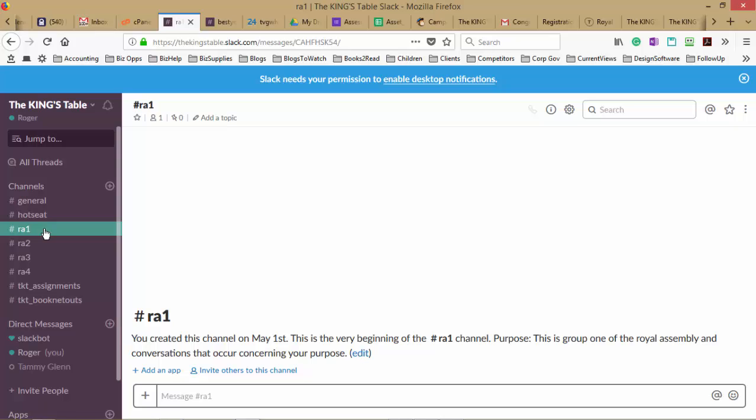Each month has 2 sessions, every other week, so you'll have 4 sessions to lead the group, and then the next person will do it for 2 months, and then the next, and then it'll rotate back through the group again, so that each person has the opportunity for a total of 4 months to lead the group, 2 months at a time. And any communication or anything you need to do with each other or encourage each other will occur in the Royal Assembly rooms, whether you're group 1, 2, 3, or 4.